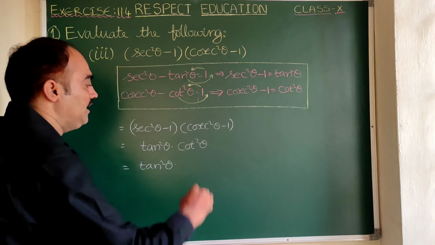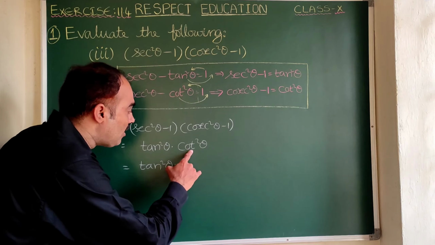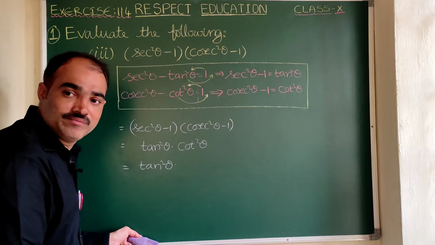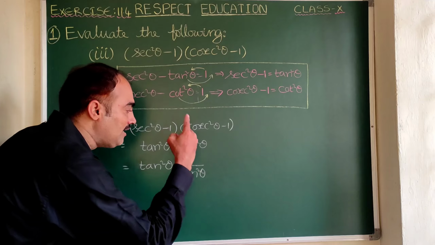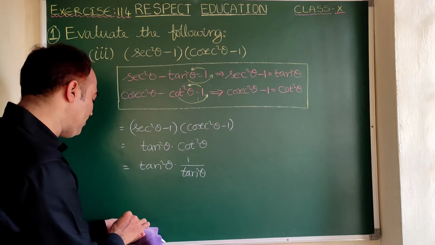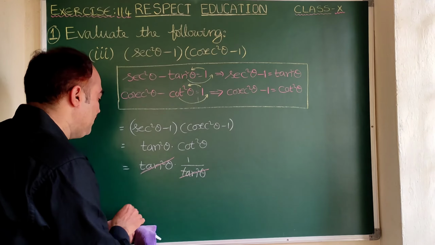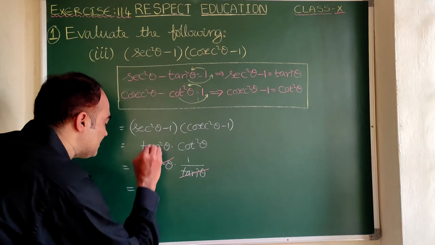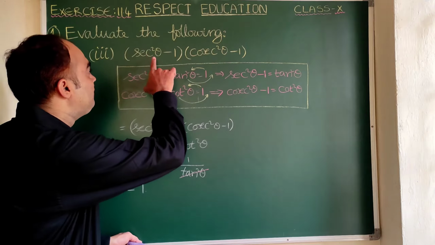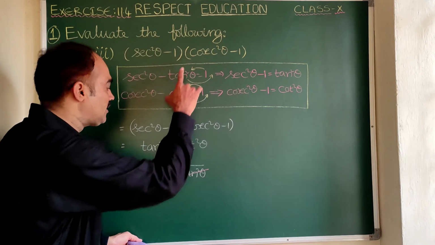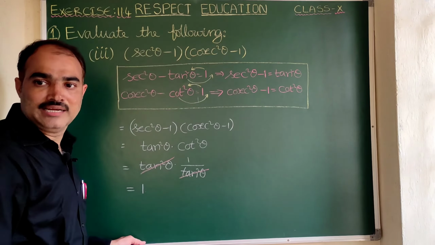So here I am doing in a simple way, that is I am writing tan square theta as it is. Can you tell me how to write cot theta in terms of tan theta? 1 by tan square theta. Because cot theta equal 1 by tan theta. Cot square theta is 1 by tan theta whole square. Simply 1 square is 1 and this is tan square theta. Here what can be cancelled? Tan square theta. They can be cancelled one time. So here we will get answer as 1. That means if we simplify this, this value is equal to 1.